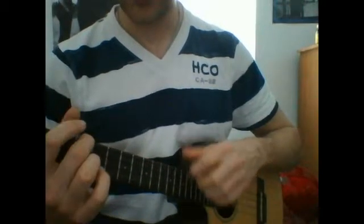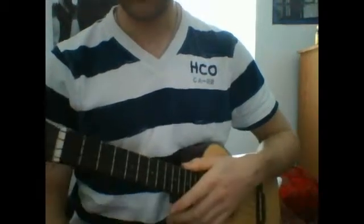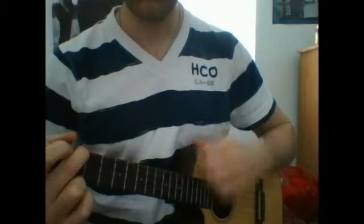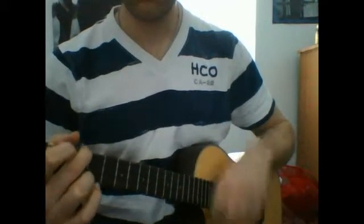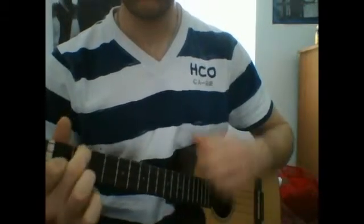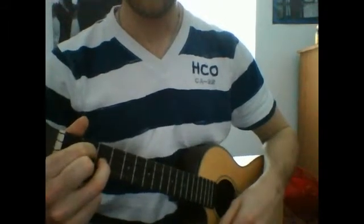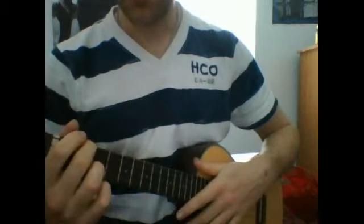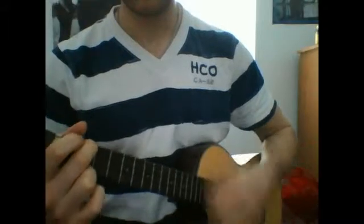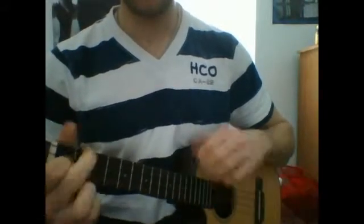which is just going to be an A minor, a G, an F, just those three chords. And the way you're going to do it is you're just going to play it like this. So you're just doing one measure each, the A minor, down to the G, down to the F,